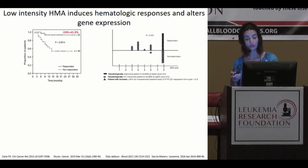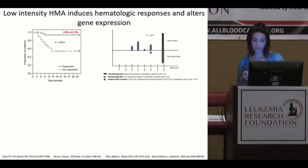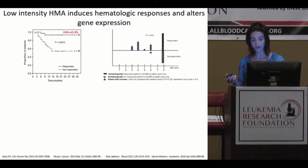So following that, a phase 2 study was undertaken saying, all right, let's use a lower dose of 5-azacitidine to avoid some of the myelosuppression and the low blood counts that this drug causes. So instead of 7 days, they did 5 days of 5-azacitidine, and they treated a group of patients, and they found that, in fact, they did have around 50% of patients that were responders. And in this study, they also looked at a predictor of response, which is a gene called PIPL, which is phosphoinositol phospholipase. It's earlier been identified to reflect very cleanly if the 5-azacitidine is working, because the RNA levels of this gene come up, and that usually happens a little bit before the response. So it's like an early predictor of treatment response, and it kind of bore out in this study, which was